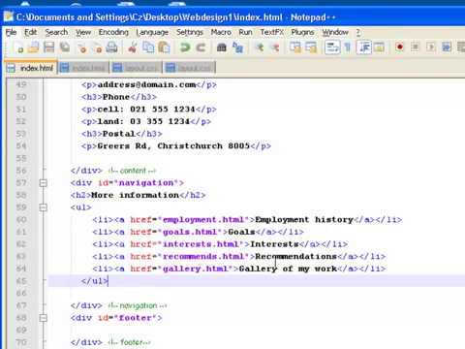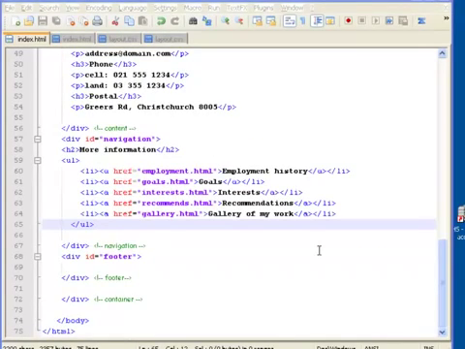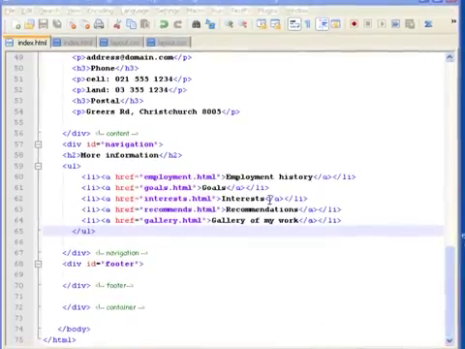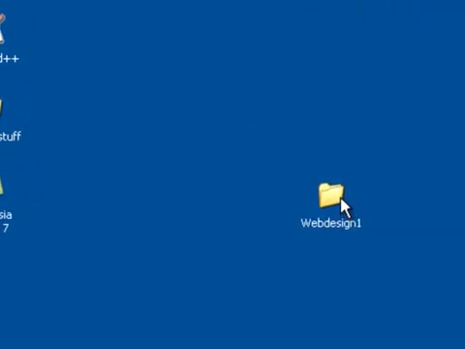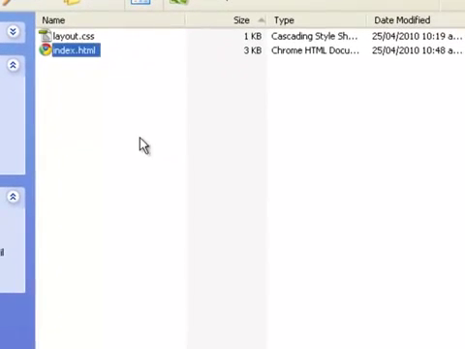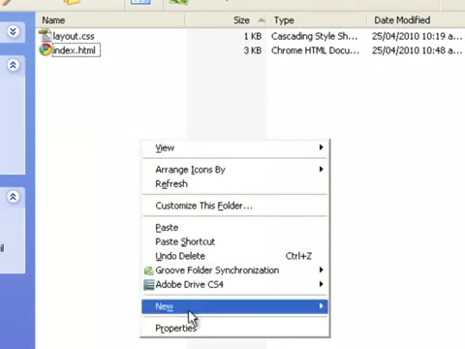Very simple. I could finish off the initial look of this page by putting the footer information, but I'm not going to do that at the moment because it involves putting a bunch of pictures in. I would rather go and get my pictures in at the top of my document first and start working from the top down, and then we'll finish up with the footer at the very end. However, before I can put pictures in, I need to actually go and minimize this and go into my web design folder and create a folder